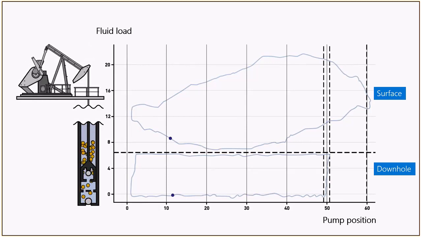So this is a normal condition where, from the surface of where you think the pump is, as well as how much fluid is being extracted, and downhole, it's all in sync. That means the pump is running fine, everything is going well. So these data points are captured, which are called dynacards. So you could have tons of these dynacards which will be collected at certain points, and